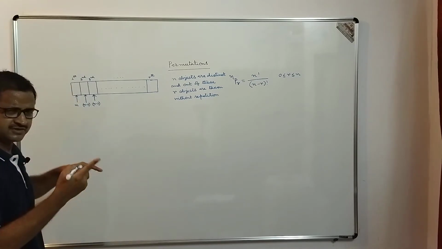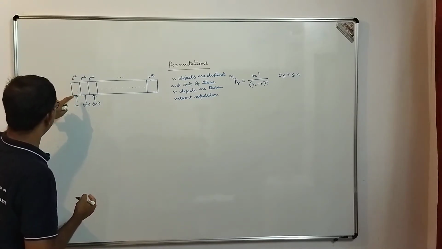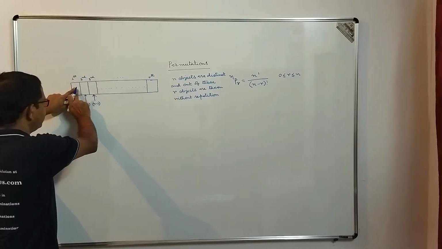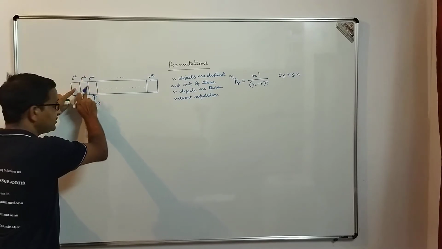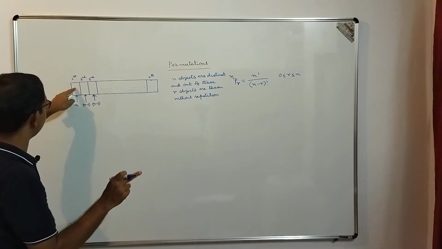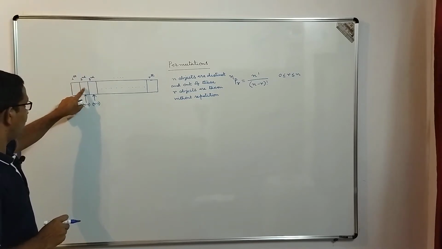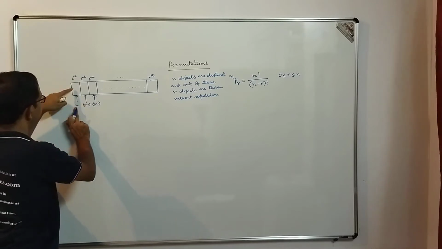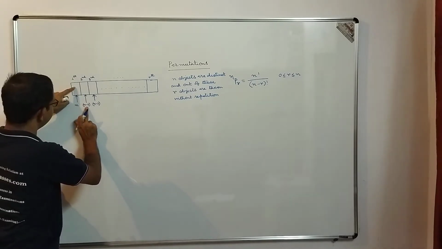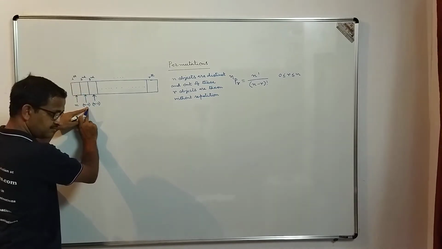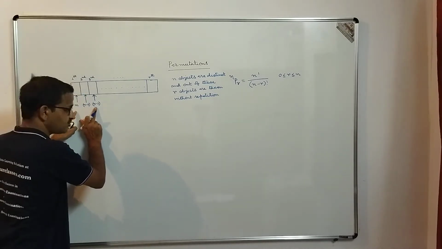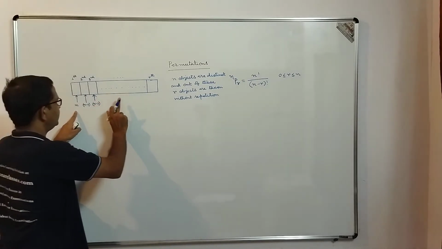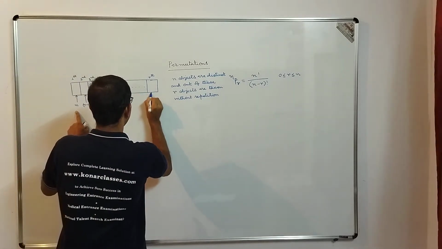Understood? We discussed one problem in the last session: this place can be filled by any of these n objects. Once this place is filled by any of these n objects, we are left with n minus 1 objects. With those n minus 1 objects, we can fill the second place. Now here comes the principle of multiplication. For each of these n objects in the first place, we get n minus 1 objects in the second place. So n into n minus 1, and in that way we continue, n into n minus 1 into n minus 2, correct?